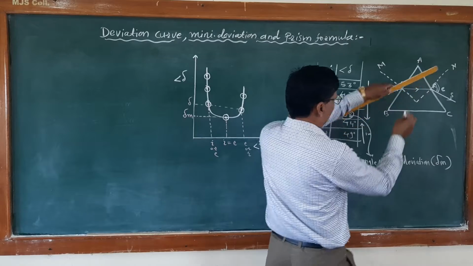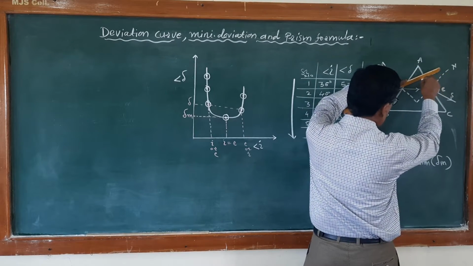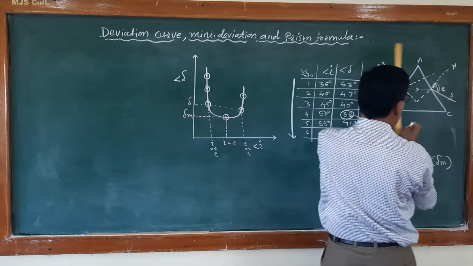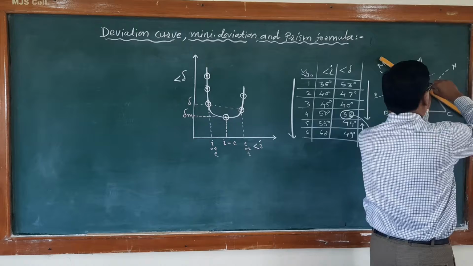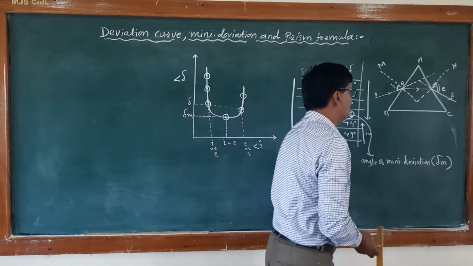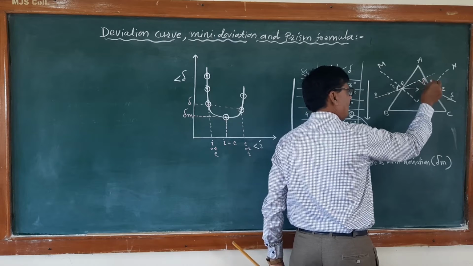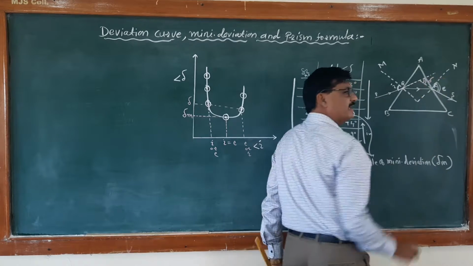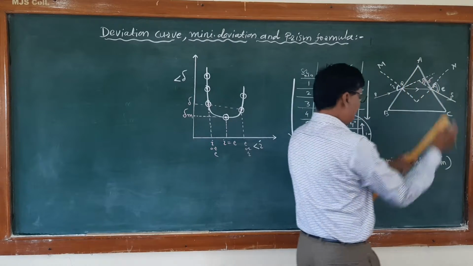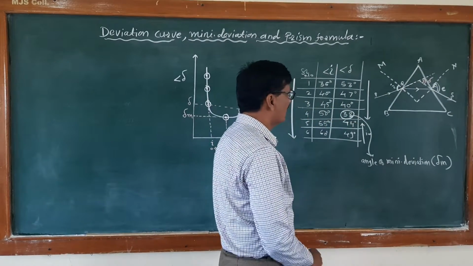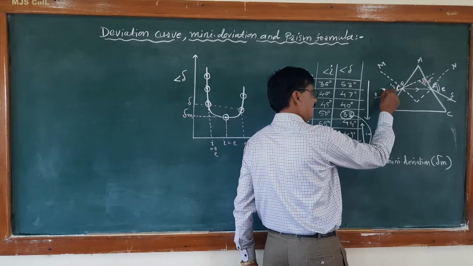If we extend the path of incident rays, that is PQ, and if we extend the path of emergent rays, the paths of incident rays and emergent rays meet at a single point, and one angle is formed. That angle is called the angle of deviation. This means that the angle produced by incident rays and emergent rays is called the angle of deviation.